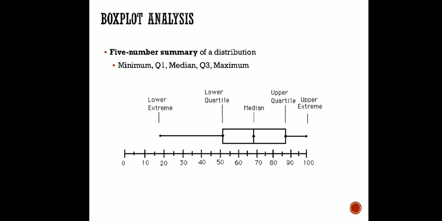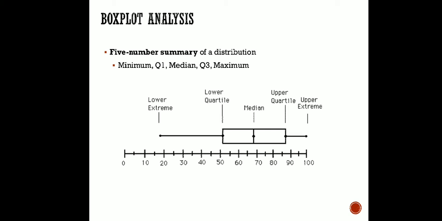You can see here what it is doing. It is concentrating on 5 different parameters. One is the minimum, meaning within the total value set I have one minimum point and one maximum point. Q1 is the first quartile, Q3 is the third quartile, and the midpoint, Q2, which is called the second quartile, is also the median. So we are going to work with these 5 values, the box plot analysis with 5 number summary. Ultimately it will consider only those values which lie within this box and discard the rest.